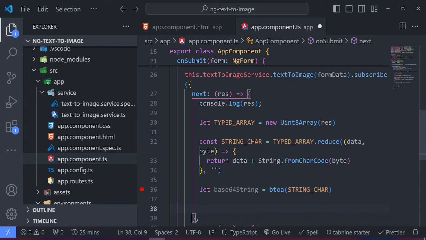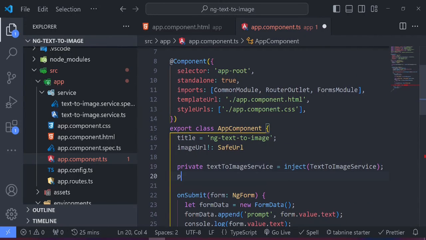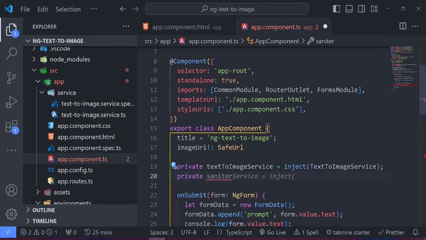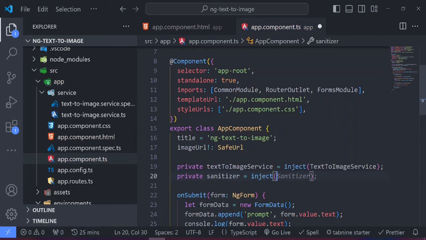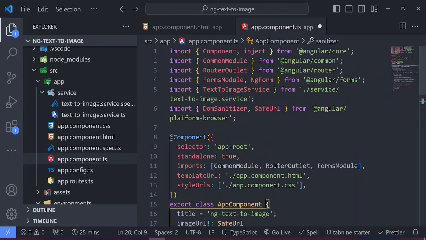Below the base64 string, I can just say this.imageURL is equal to this.sanitizer, which we need to create using the inject method. So right below here, I can say private sanitizer. This helps us to sanitize our URL, which I explained earlier in the tutorial. I can say sanitizer is equal to inject and then pass in the DomSanitizer. If I scroll to the top, you can see the DomSanitizer and the SafeUrl, all imported from